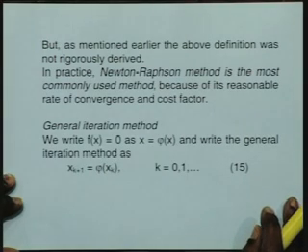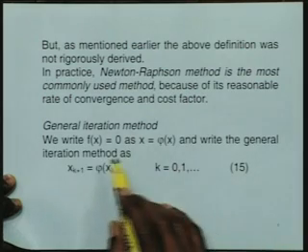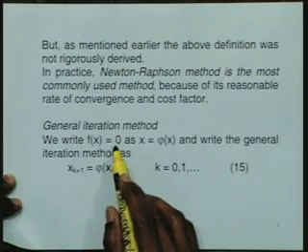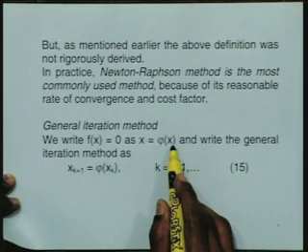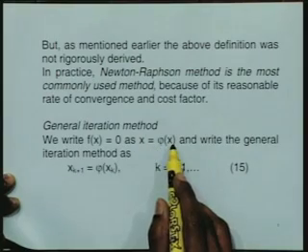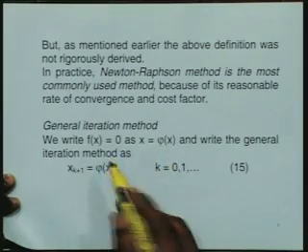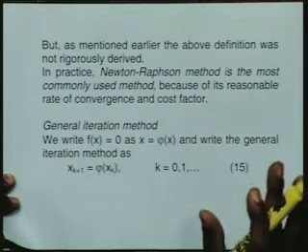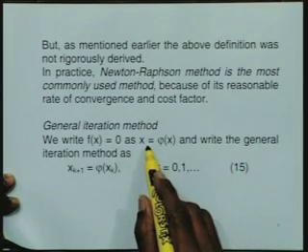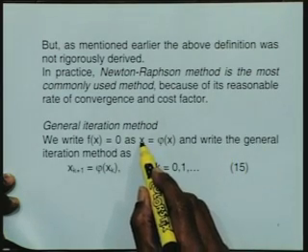Now, there is yet another concept of defining a numerical method for obtaining the simple root of an equation, and that is called the general iteration method. Here we take the equation f(x) = 0 and solve it as x = phi(x). There can be infinite number of possibilities. Given f(x) = 0, you can write it as x = phi(x), and write the general method straight away as x_{k+1} = phi(x_k).